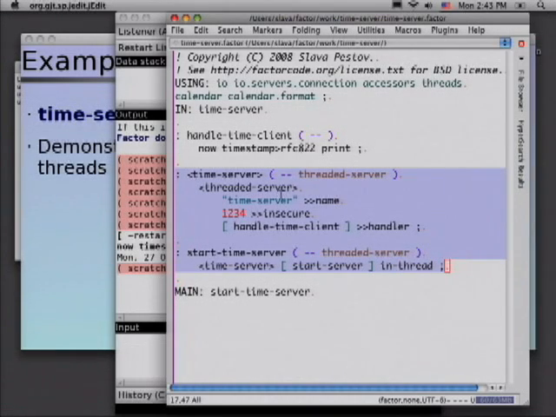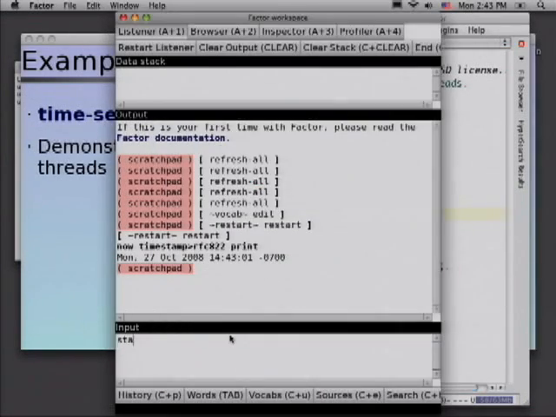And you see there's very little code to write if you want to implement a TCP/IP server. There's a library that handles all the mechanics of starting new threads, logging connections, listening on the socket. All you have to do is say, I want a server, it has this name, it listens on this port number, and when a client connects, it runs this quotation. And by the way, here I'm listening on a standard insecure port, but if you want to do SSL, you just change 2 characters. So let's start the time server